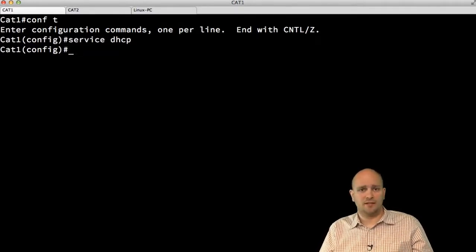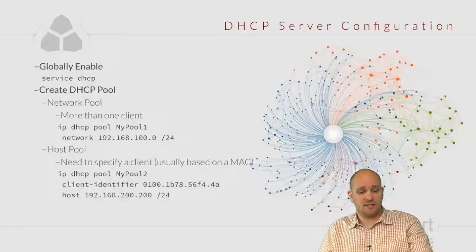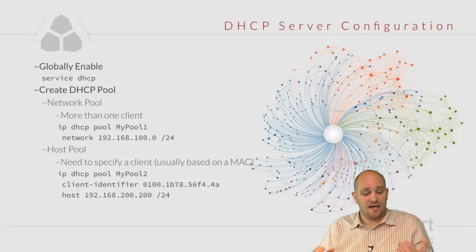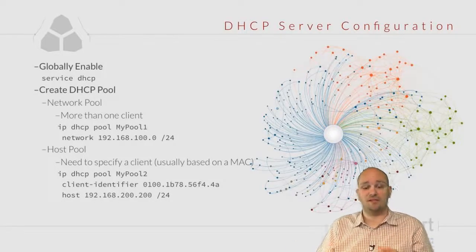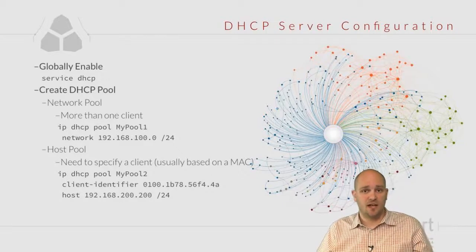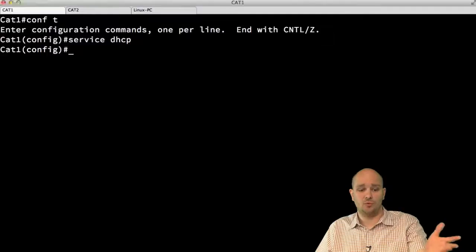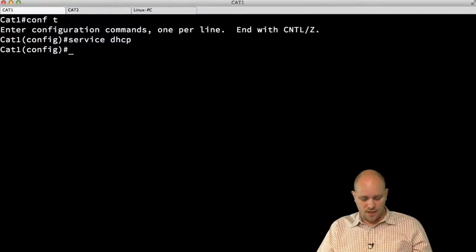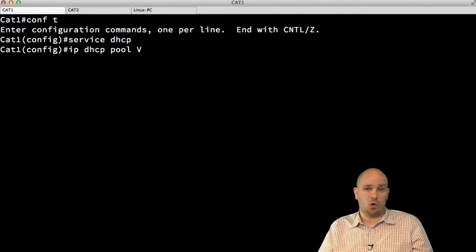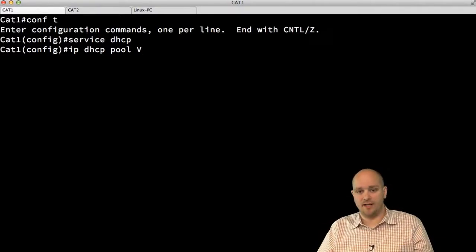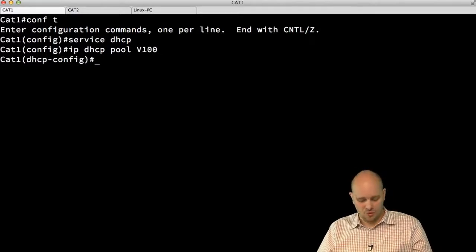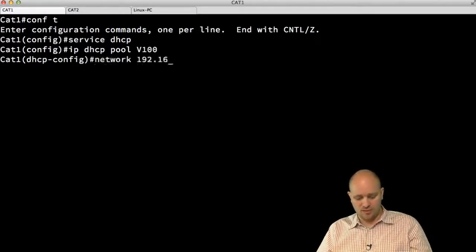Then I'm going to create the pool. And remember, the pool settings are exactly this. I need to say IP DHCP pool, give it a name, and specify the network that I'm going to use. So let's do that. I'm going to say IP DHCP pool. Let me not just copy paste whatever I had in that slide. I'm just going to say that this is, for example, going to be used for VLAN 100. And I'm going to say network